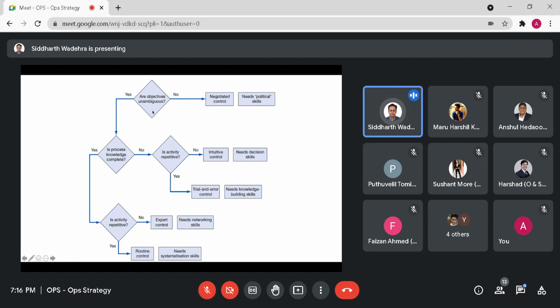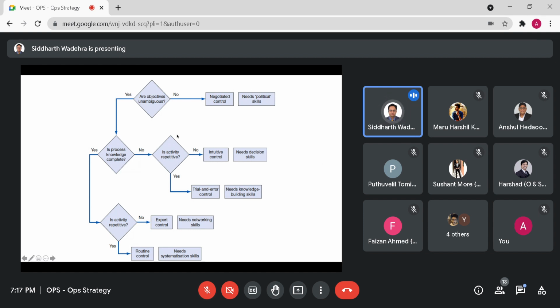And there are a number of cases where some of these objectives are unambiguous. As an operational strategist, one of your day-to-day tasks would be to make this ambiguity go away, to talk about it in terms of numbers, to put in some data, some kind of matrix, to evaluate all of these things. But when there is so much ambiguity at the objective level, where an organization is not really sure what steps it needs to undertake, it might become very, very difficult for the organization.